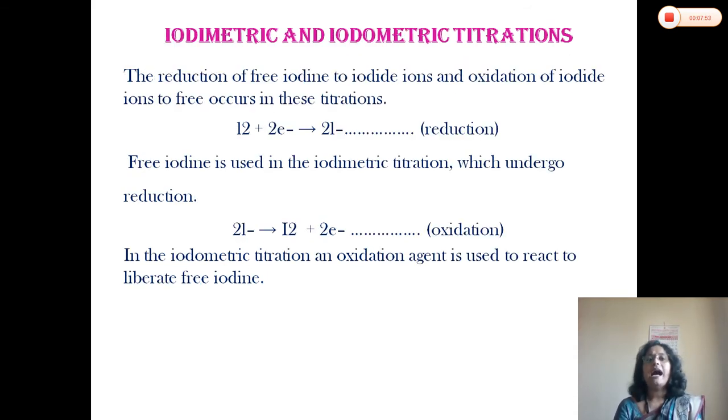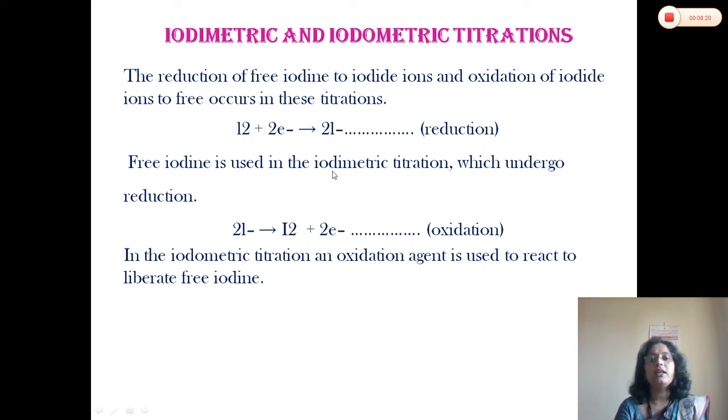Next one is the iodometric or iodimetric titration. Here in this redox titration, the reduction of free iodine to iodide ion or the oxidation of iodide ion to free iodine takes place. When I2, the free iodine, gains 2 electrons, this is the reduction reaction. This kind of titration where free iodine is used is called